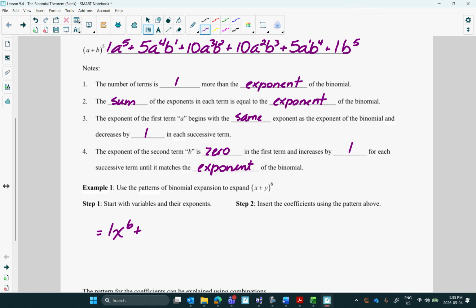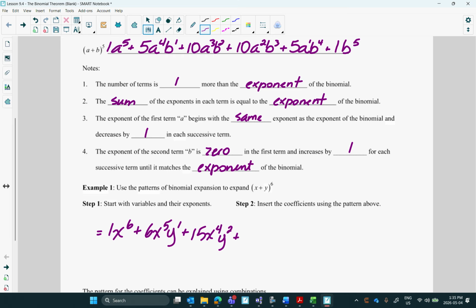Plus, and then it's going to be the sum of the previous two above it, the coefficients, 6 x to the 5, y to the 1, plus 15 x to the 4, y squared,